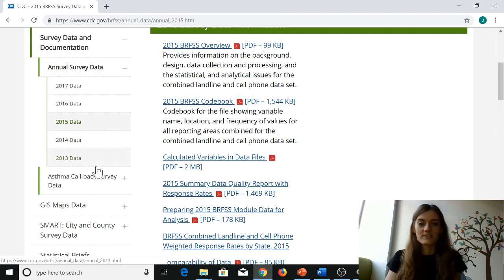If you want earlier data, I would probably contact the CDC directly, because I don't know where these data files went. But that's neither here nor there. Okay, so